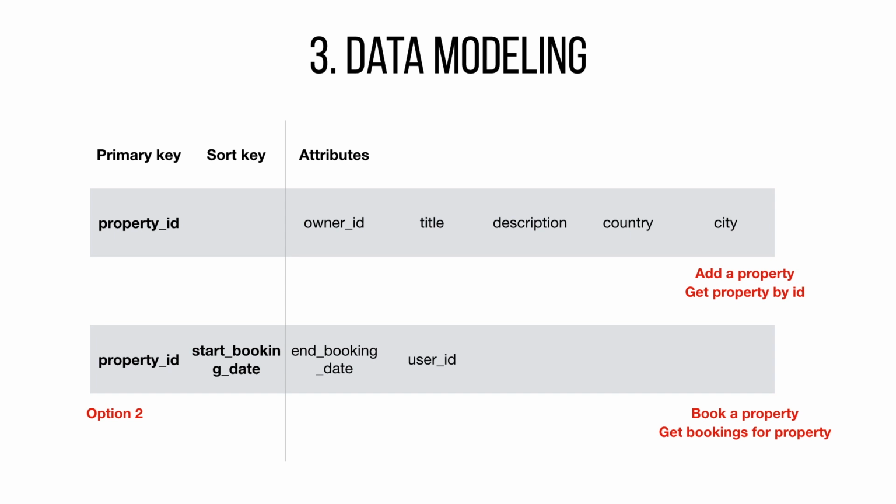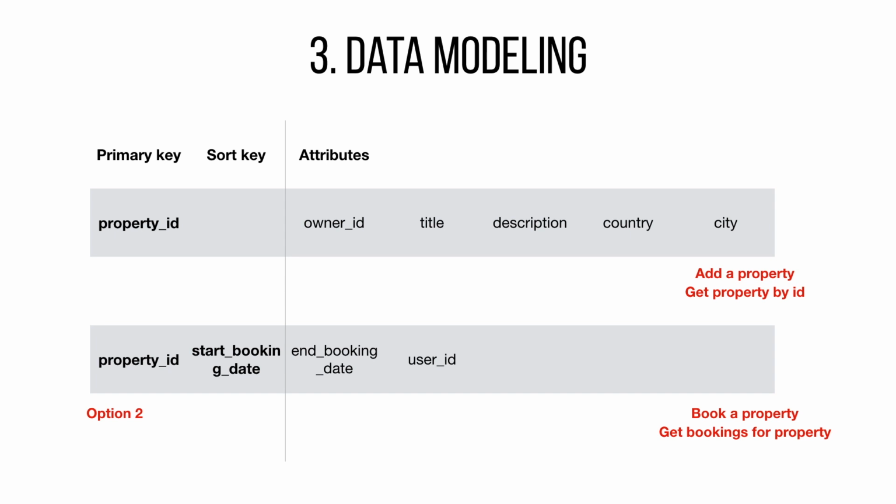And this, I think, is a better option because both of the primary keys of the entities that will be stored in this table are the same and will make my life easier later on. And because we are booking a property and we are storing it by property ID, we will fulfill the get bookings for property access pattern as well, because now we can get with the property ID all the bookings